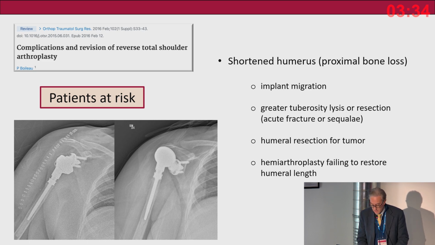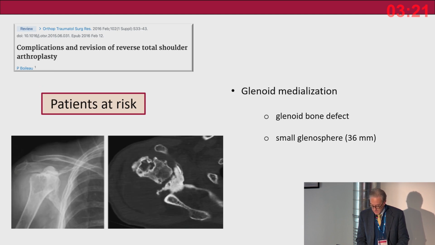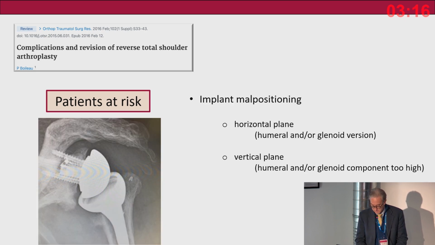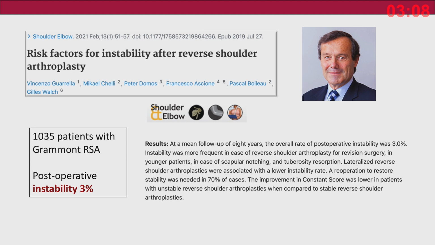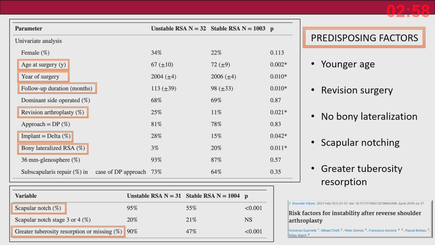Patients at risk are those with a shortened humerus from implant migration, greater tuberosity lysis, or humeral resection for tumor or hemiarthroplasty failing to restore humeral length, or glenoid medialization with a glenoid bone defect or a small glenosphere. Implant malpositioning in the horizontal or vertical plane plays a role too. And Walch, in this series of over 1,000 patients, says that instability occurs in 3% of cases,